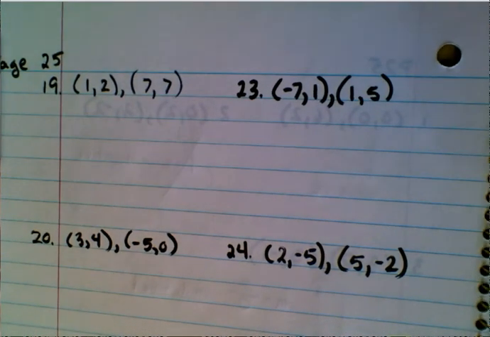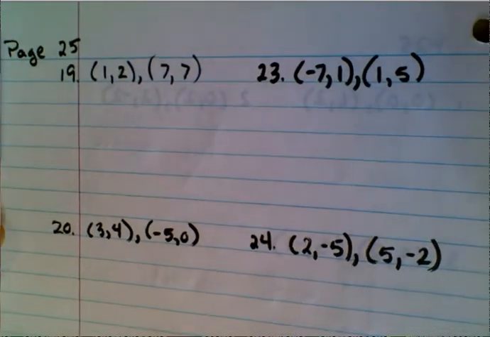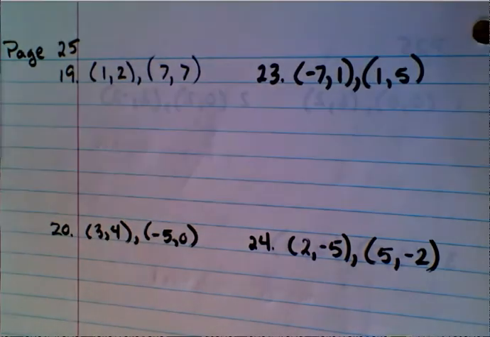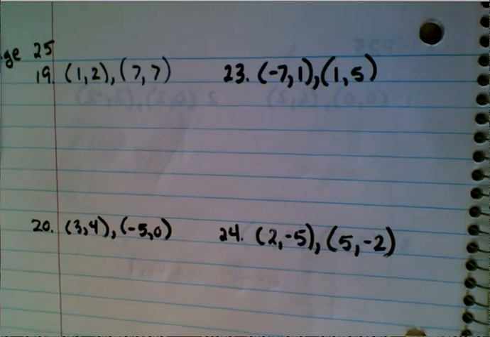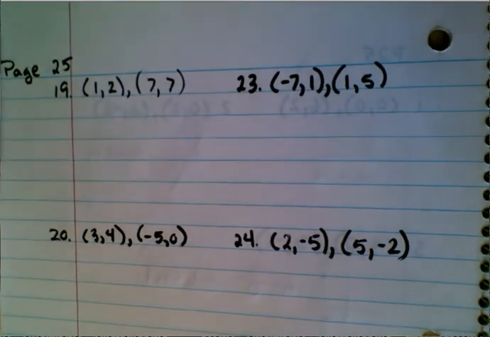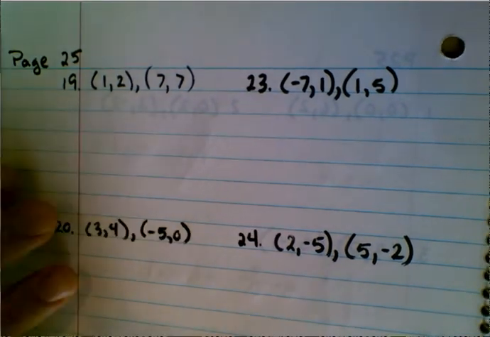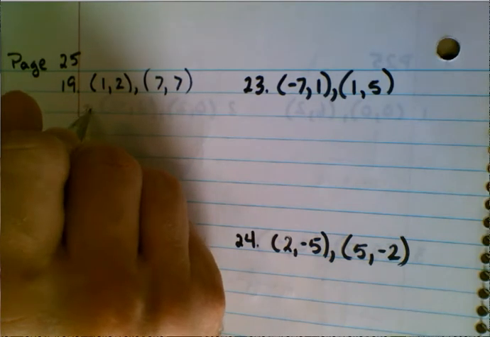Okay, so we are still in the Math 1 book on page 25, as you can see, and we're going to start on number 19. Let me get the camera readjusted. And basically all we are asked to do here is find the slope between 2 points, and this is actually something that kids